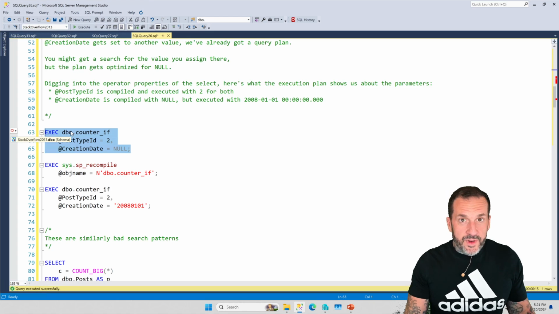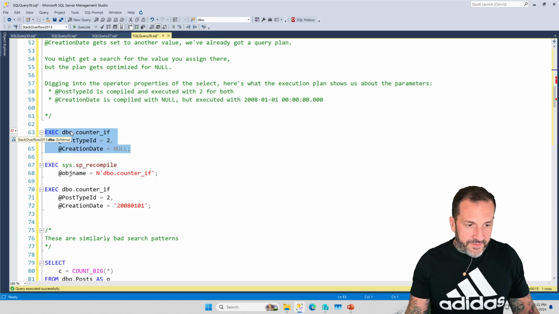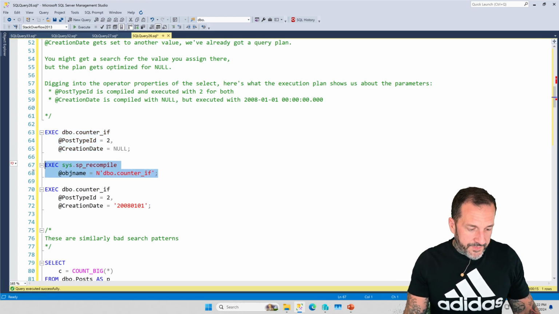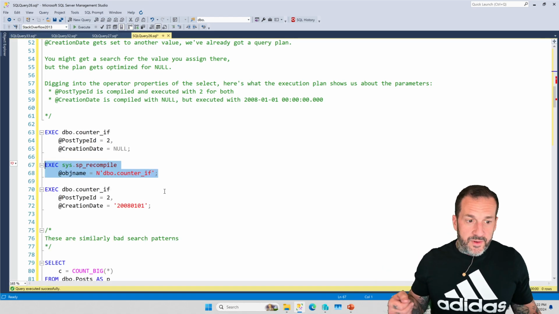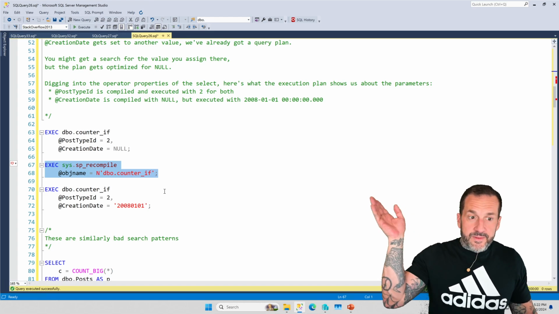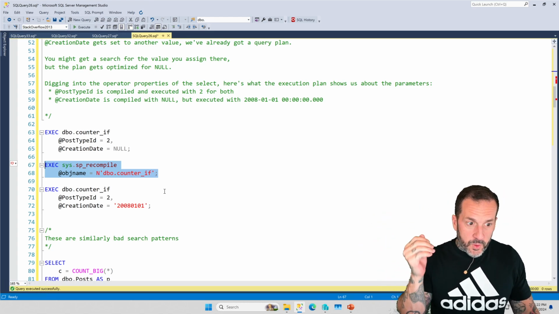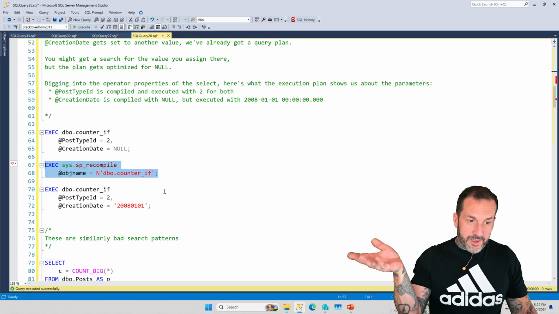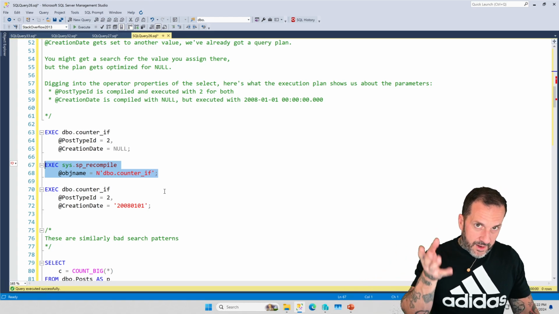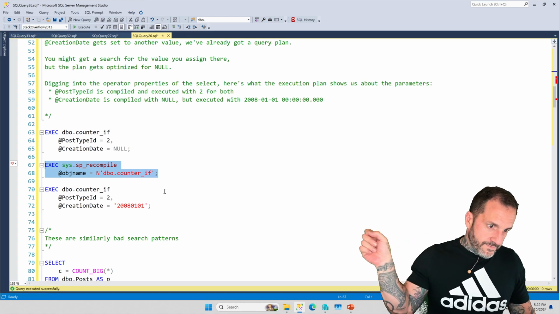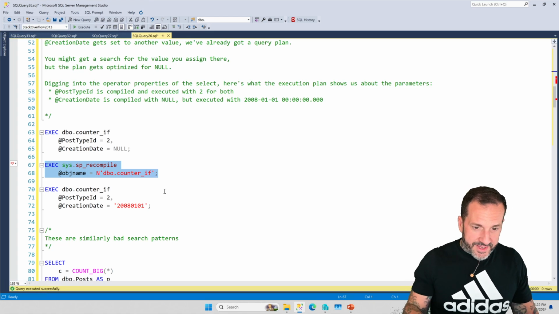You can substitute this with, well, I mean, it's not a direct substitution. It's somewhat different. But imagine if you were the type of person who declares a bunch of local variables in your stored procedure and sets them equal to values and then uses those. Or you're the type of person who declares a local variable and sets it equal to parameter values. You can end up with similarly bad performance because you are getting that awful density vector guess rather than an actual cardinality estimate based on the values that get passed in.